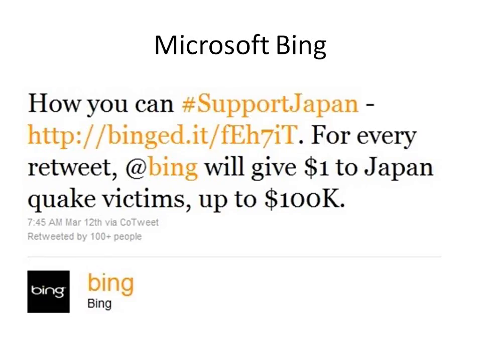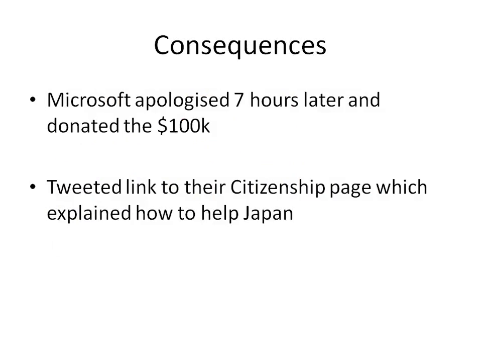Microsoft also made errors with "how you can support Japan." For every retweet, they were going to give $1 to the Japanese quake victims. People got really annoyed with that, because it looked like Microsoft was advertising on the back of another national disaster. They got a lot of flak for it, and they apologized. They donated